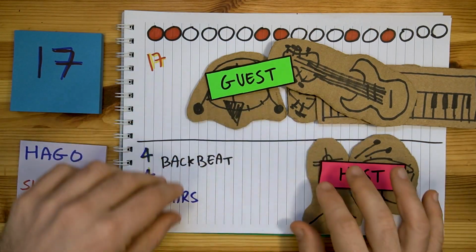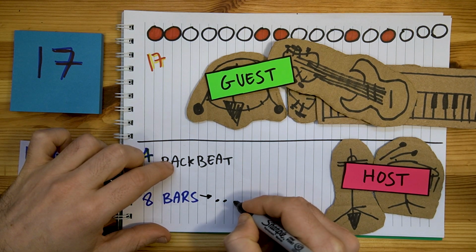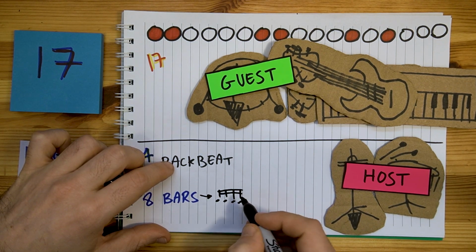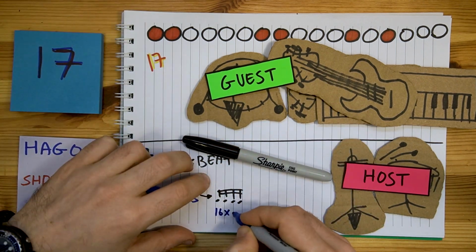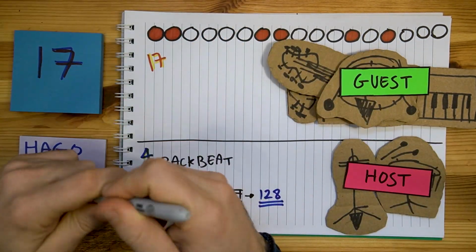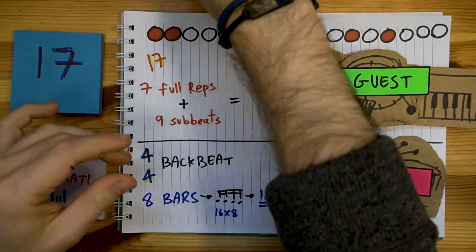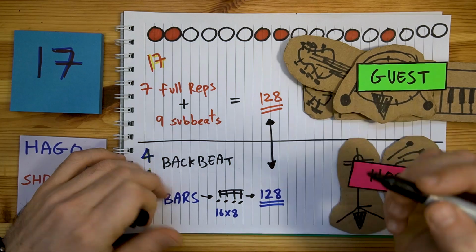So, if we get into the nuts and bolts of this riff, the duration of the section is 8 bars of 4/4, divided into 16th notes. So we have 16 times 8 is 128, 128 sub-beats in this section, which means that the 17 group can fit 7 times fully, leaving us with a 9-beat remainder.